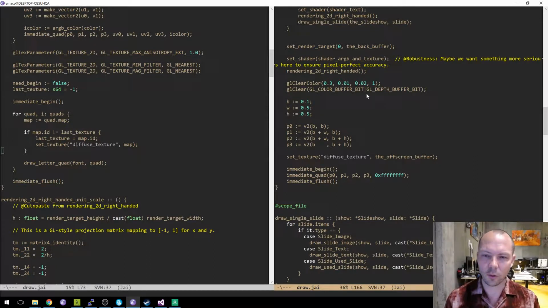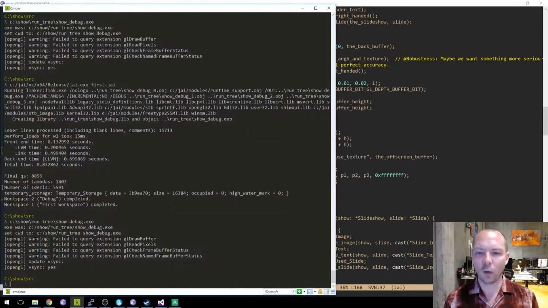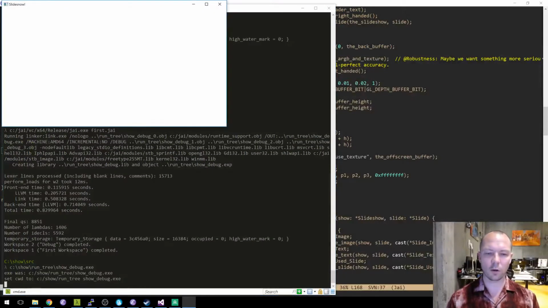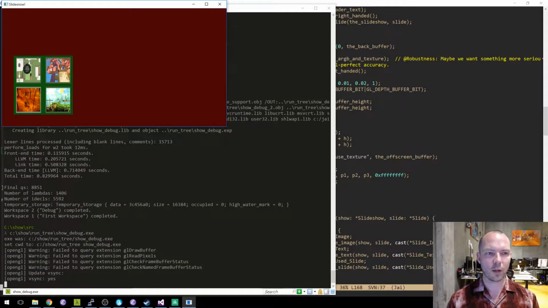So this is going to be 0.1 times back buffer height, let's say, right? And H is going to be, we're going to draw this distorted into a square for now. Okay, so that is our slideshow going into an off-screen buffer, right?